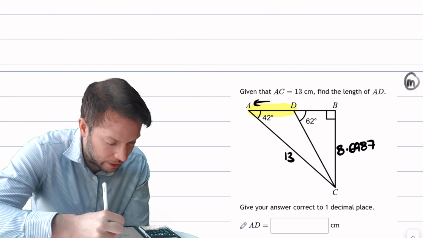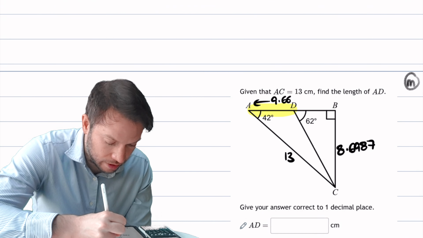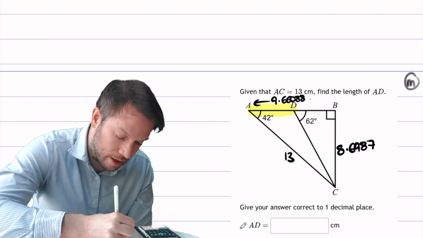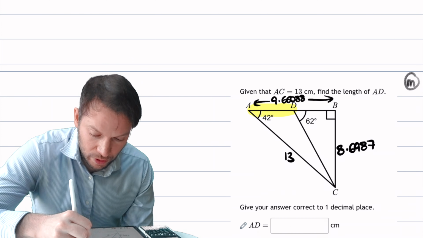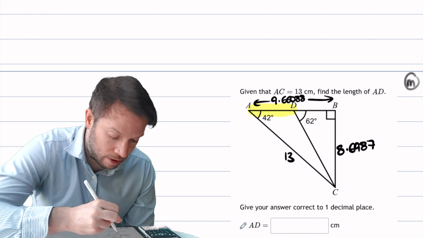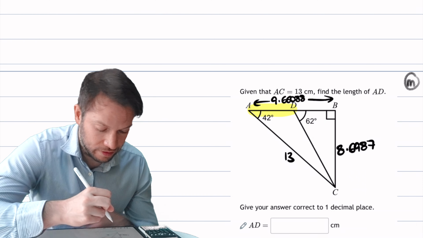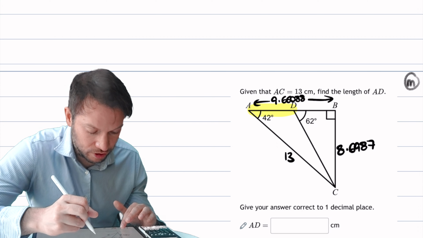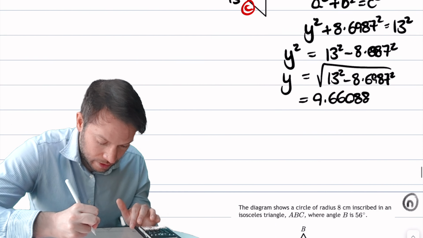So this whole thing here is 9.66088, like that. Now we need to find AD, which is this yellow length. So we need to find this length as well. Now we can work that out using this smaller triangle here. So if I use the smaller triangle and just draw it out separately,